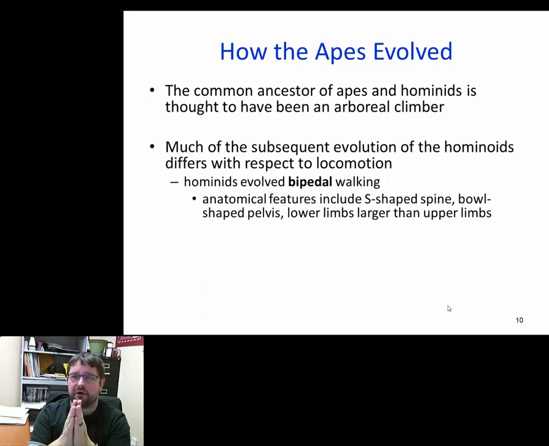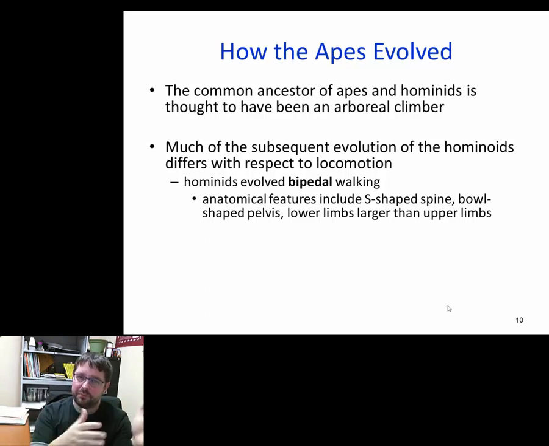Now, after the apes and the hominids, the human line and the chimpanzee line broke, roughly 4 million, 5 million years ago, then the hominid line went more bipedal. So it's not that hominids evolved bipedalism at the exact same time that they broke away from chimpanzee ancestors. They did, however, along the hominid line, and I told you there's lots of hominids, numerous species of hominids, along that line, they started developing this ability to walk on two limbs.